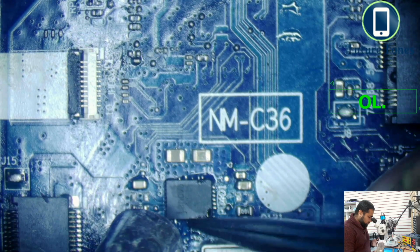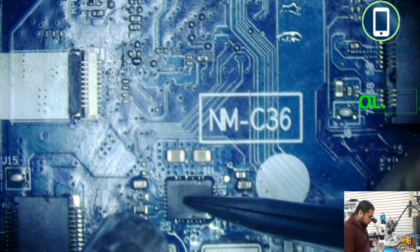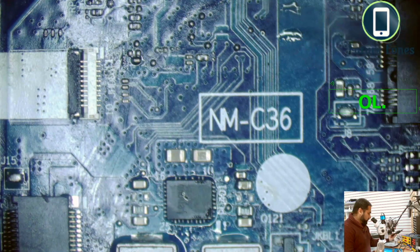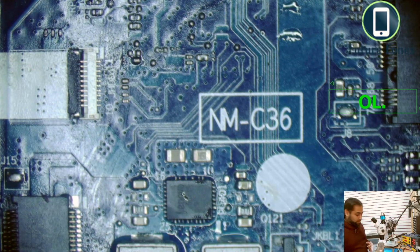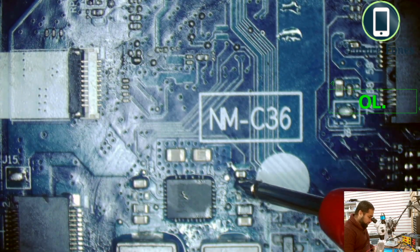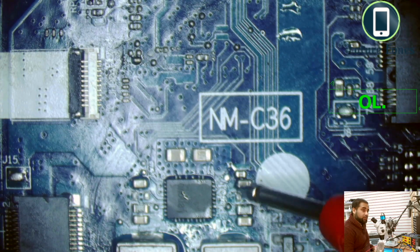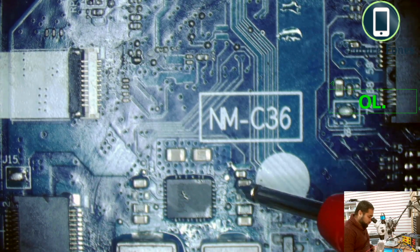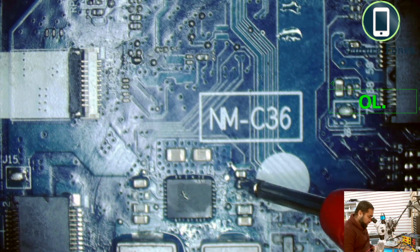It's just sitting. Okay. Another thing we can check now is this capacitor. Now we will check if we still have the shortage on this cap. You see, the shortage is gone now. There's no more short on this cap. So the Super IO was causing a short,